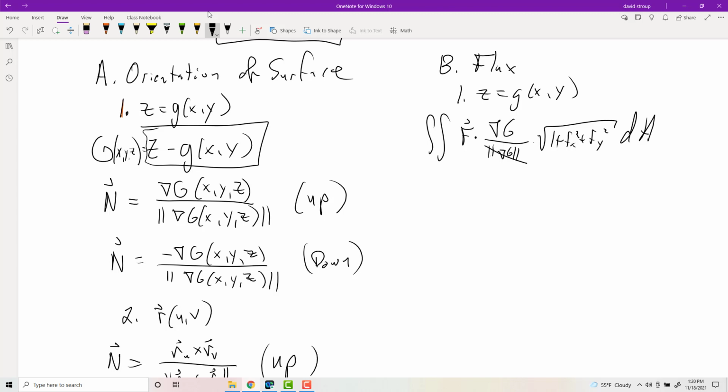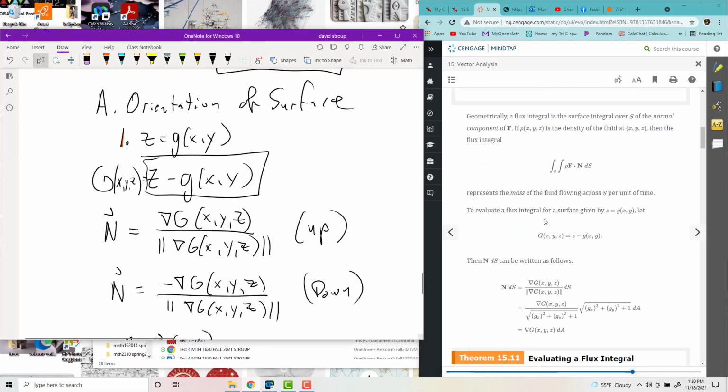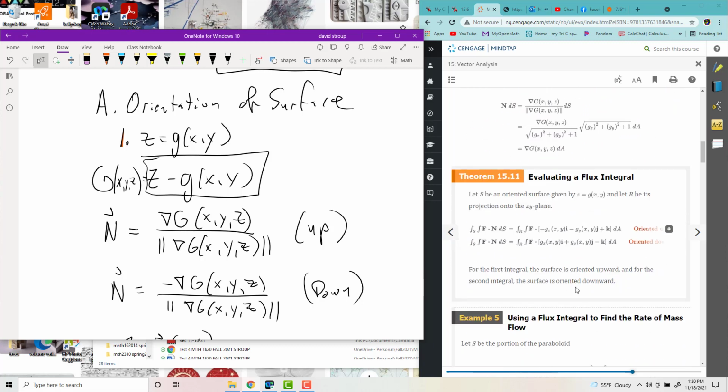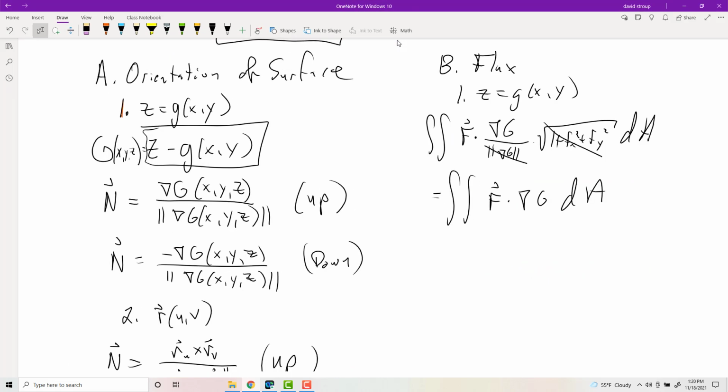It's going to cause a cancellation between those two objects, and so what you're going to end up with is basically just the double integral of f dotted with the gradient of g dA. Okay, so let's make sure, yeah, you can see the cancellations here as they flesh it out, and then they write it out in terms of all the little components if you were to substitute in the components. Okay, so the gradient of g in this case, just by the way, is going to be